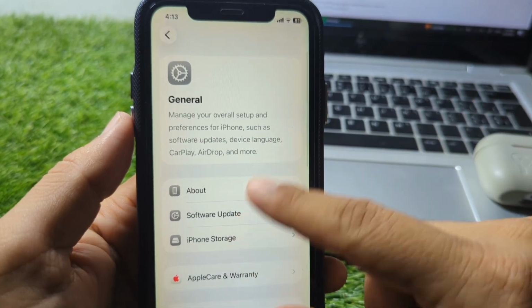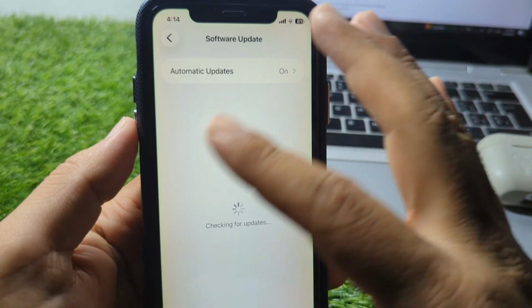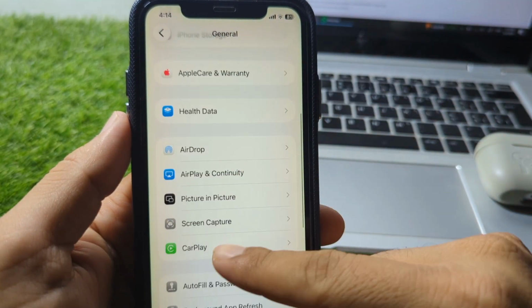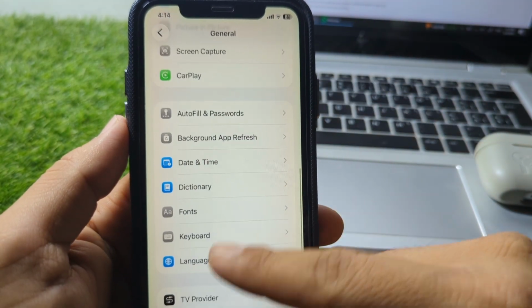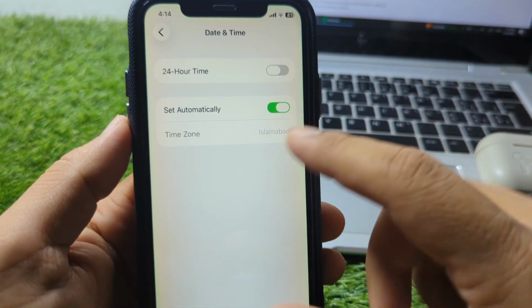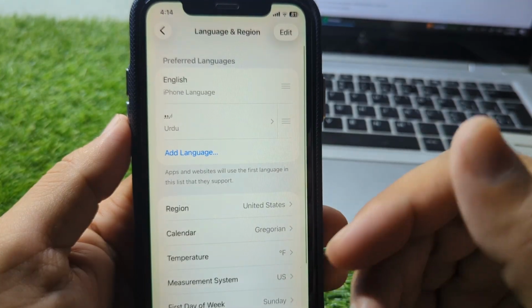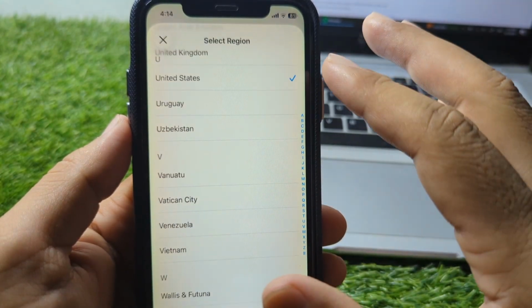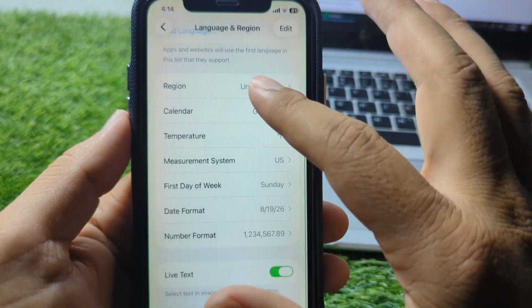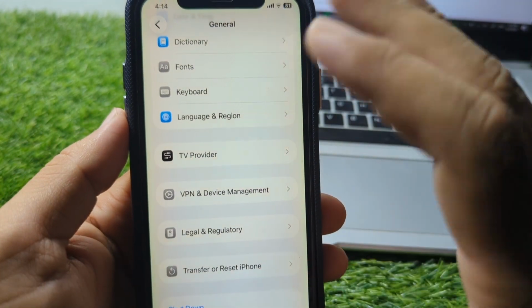then go for the next solution, that is, you have to go to Software Update and update your software to the latest version. Again, go back and from here go to Date and Time and set your date and time from here, or turn on the toggle for Set Automatically. After this, go back and go to Language and Region, tap on Region and select your country or region correctly. After this, go back and now you have to simply check if the problem is fixed or not, and if